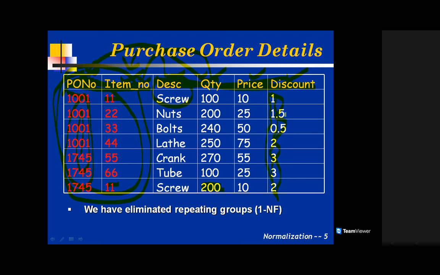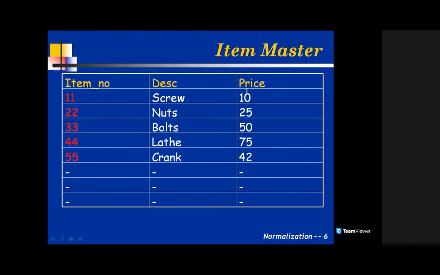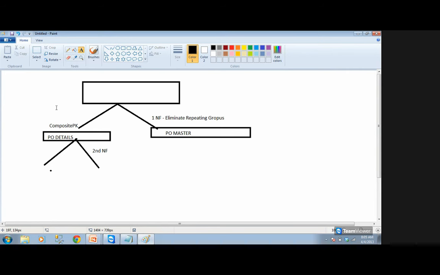But if you apply the second normal form, you will get description out, price out. So we have eliminated partial dependency. So let me apply. Okay. So description came out and price came out. I have manually created a primary key here. The primary key is item number. Manually, we have to add a primary key for the table. Okay. So description, price, this is called an item master table. So one table you got from here is